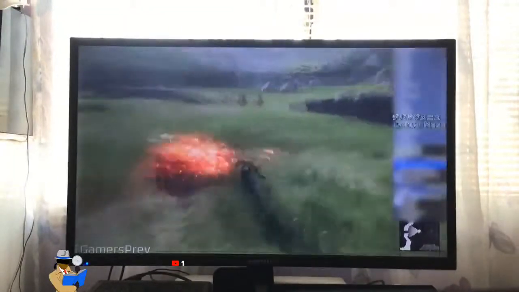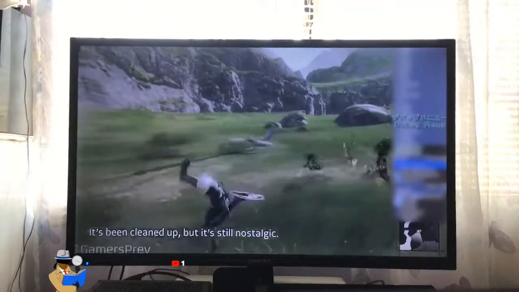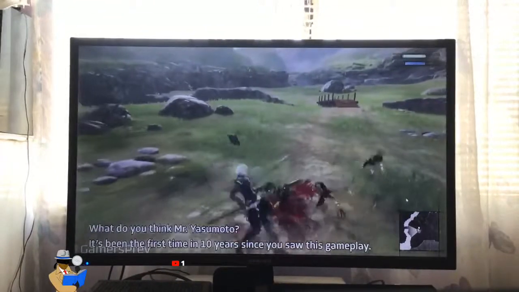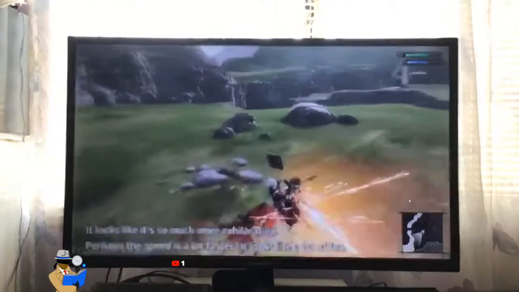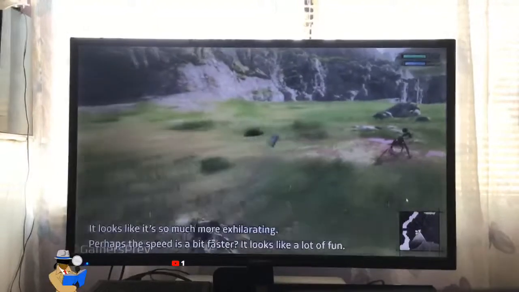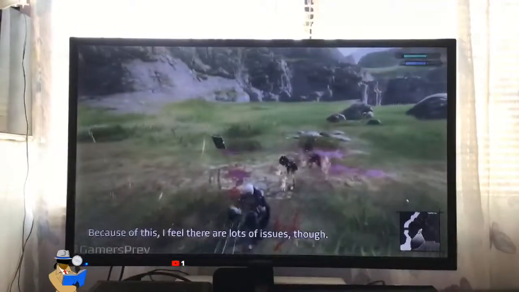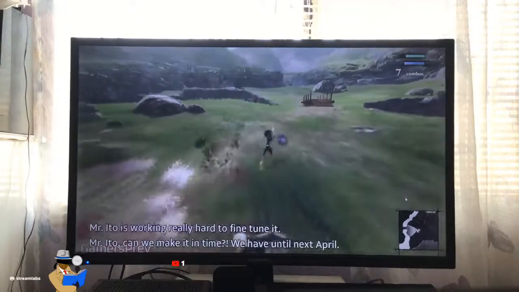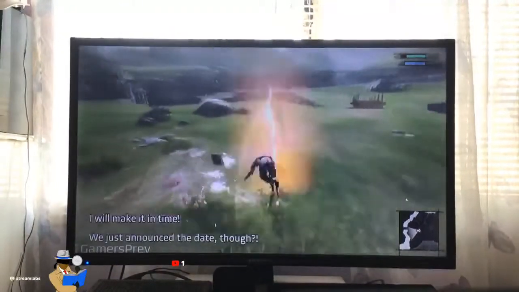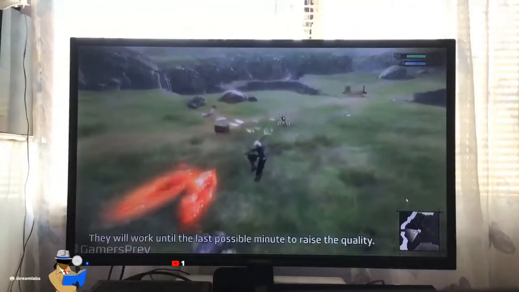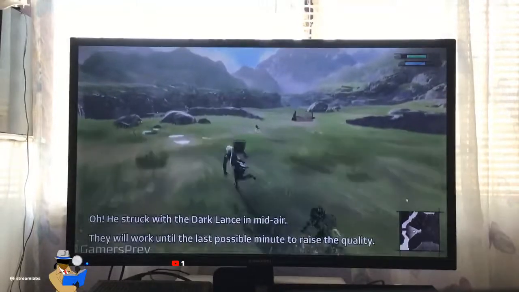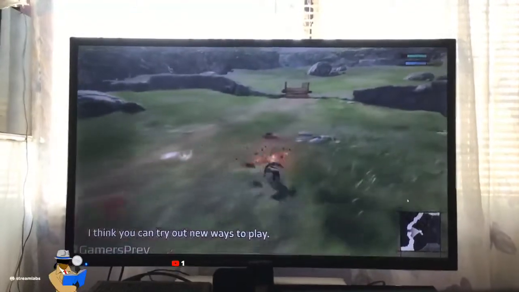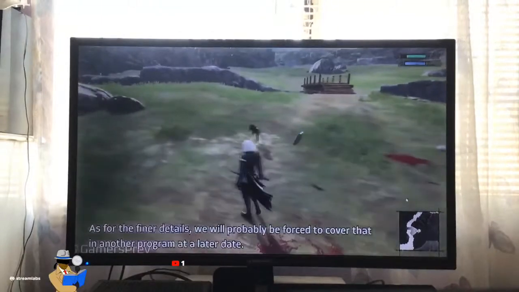Yeah, the weapon stories. Yeah, like different book attacks and all that stuff.